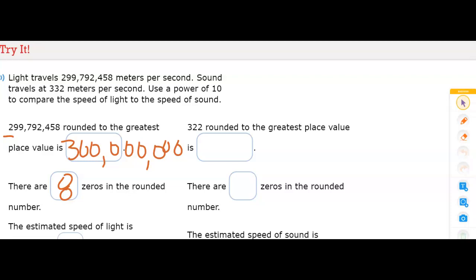Now for 332, round to the greatest place value. That's 300. The 3 is the next door neighbor, so we keep it at 300. There are 2 zeros in the rounded number. So the estimated speed of light is